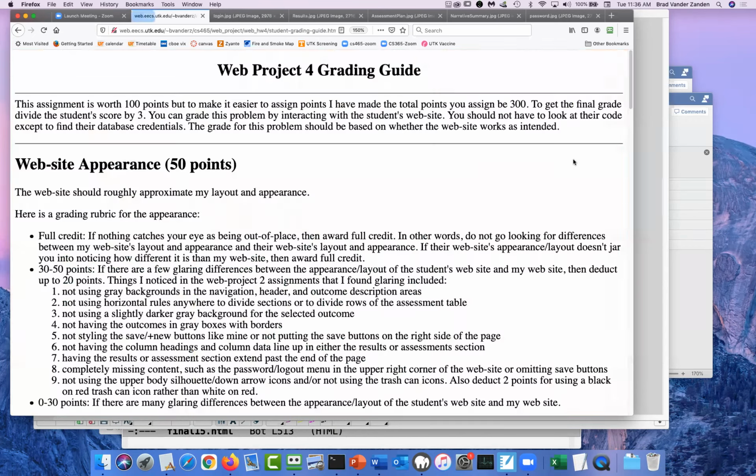Then you have your save buttons: save results, save assessments, save narrative. Those are each going to be sending form data to the server, and you're going to be updating the database on the server side and then sending back an indication of whether the save succeeded or failed, basically true or false.